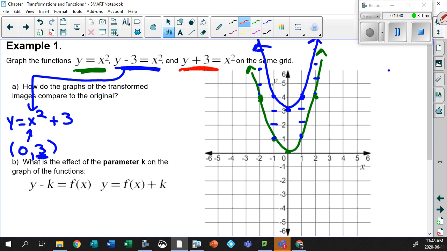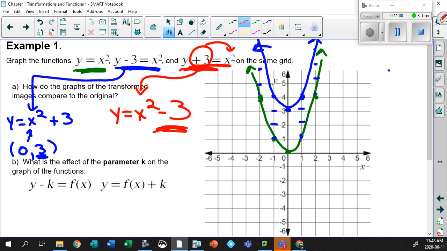Same nonsense. Exactly the same nonsense. Here we go. We're going to take this plus 3 and bring it back over to the other side. We get y equals 2x squared minus 3. So this means that we're going to shift everything from my original graph down 3. So this goes down 1, 2, 3, which means this point here is down 1, 2, 3. This point here is down 1, 2, 3 to here. This point here is down 1, 2, 3. This point here is down 1, 2, 3. So you're going to get a graph that looks like